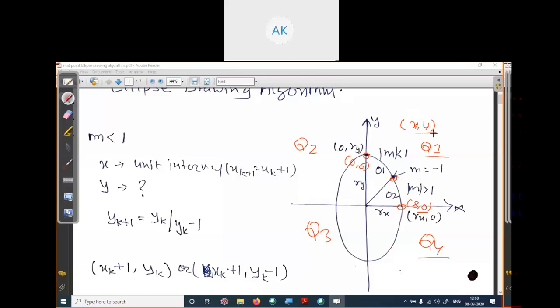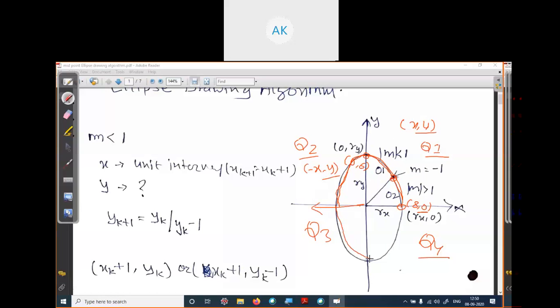Both x and y are positive. If we have calculated all these points, we will just change the sign for the other points because the ellipse follows the symmetric property. Based on the symmetric property we can calculate quadrant 2, where we change the sign of x only. In this quadrant, x is negative and y is positive.